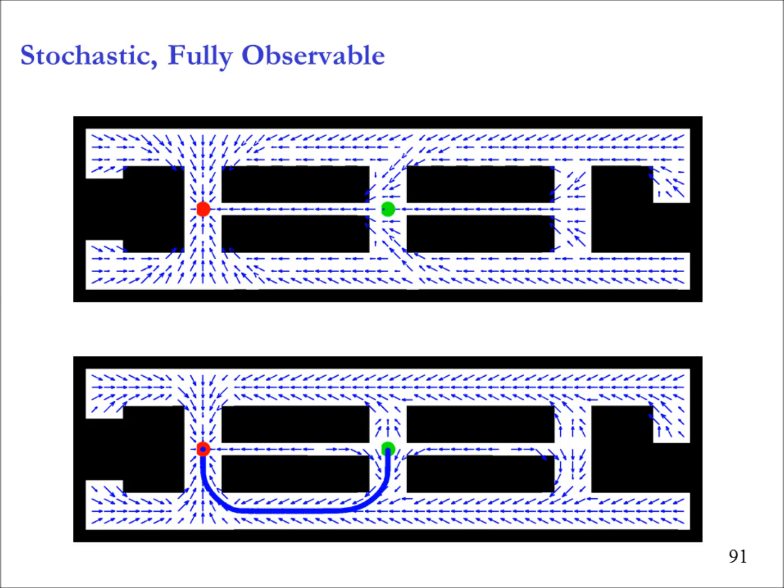So imagine that I want to go from the green dot to the red dot. If I could fully observe which state I am in, and I had good control, so this is the deterministic version, right? I knew exactly what my outcome of the action is, then I will go straight through this thin walkway and get to the red dot. This arrow indicates which direction I should move.